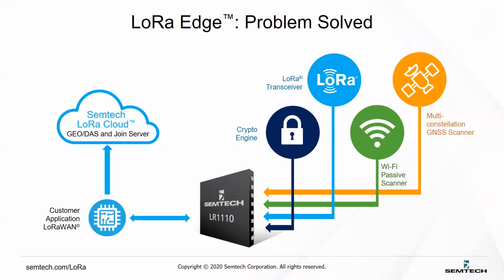Based on a system level analysis and considering all the market and technical challenges that we just reviewed, LoRa Edge was designed from the ground up to overcome all these challenges based on three principles. Principle number one, single chip solution. LoRa Edge offers a single chip solution that integrates a multi-GNSS scanner, Wi-Fi passive scanner, a LoRa transceiver, and